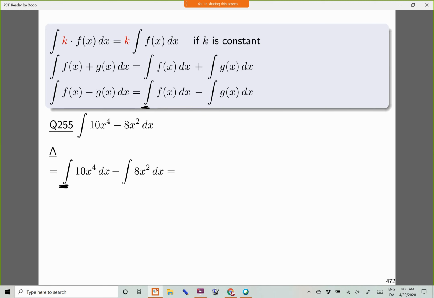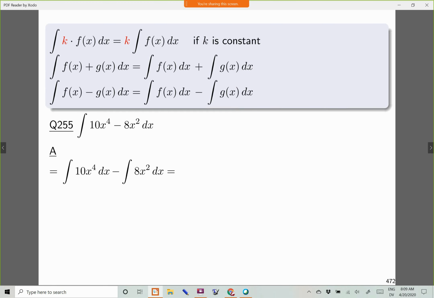There it is. Then just f of x. There it is. And then just the dx. There it is. And this minus sign is that minus sign. Then another integral sign. Okay. Then we need g of x. And we said g of x is 8x squared. And then another dx. That's applying this formula. And so a thing that looked like this, that's how the question originally looked. Right after our equal sign, our first step of the answer, we wrote down a thing that looks like that.